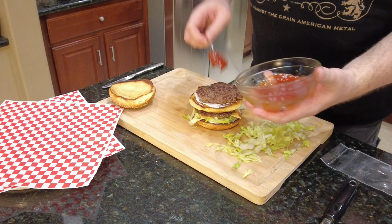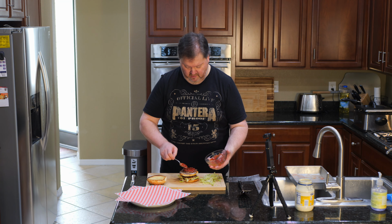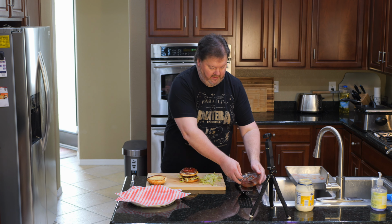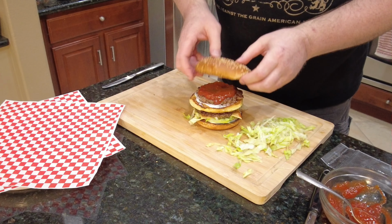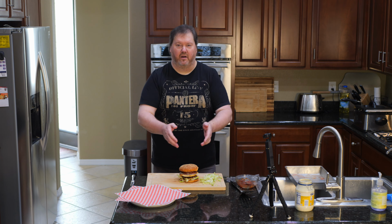All right, so we are putting down our Bob's Red Relish. We're putting down a fair amount of it right there. We are putting down our top bun, and we have ourselves a Big Boy right there. The burger that started it all, the 1930s classic that just came out of nowhere, took the world by storm, inspired generations,